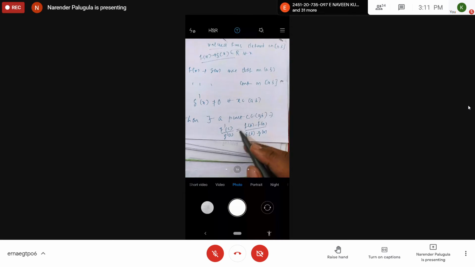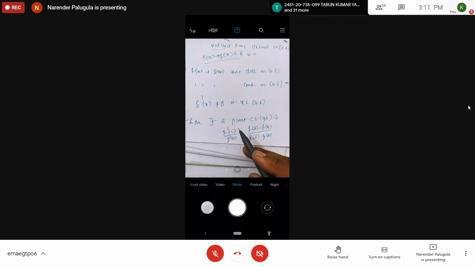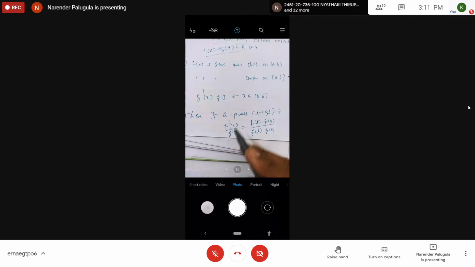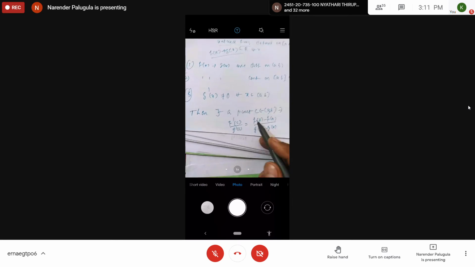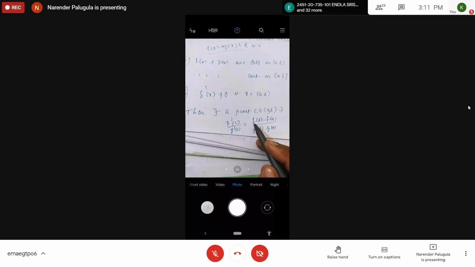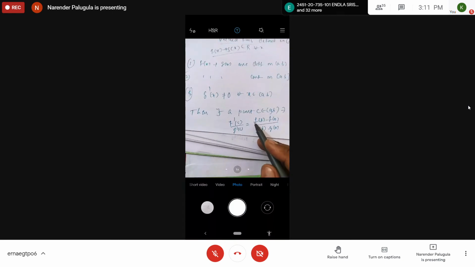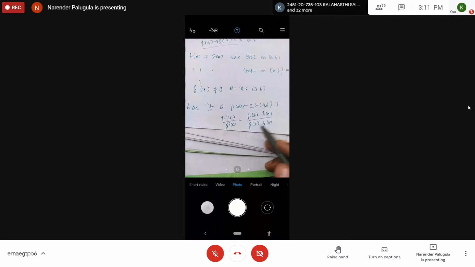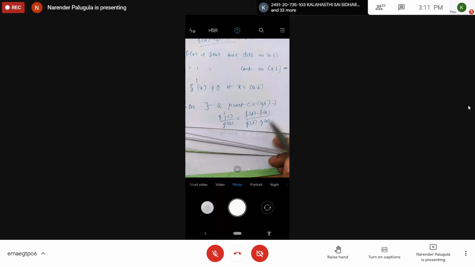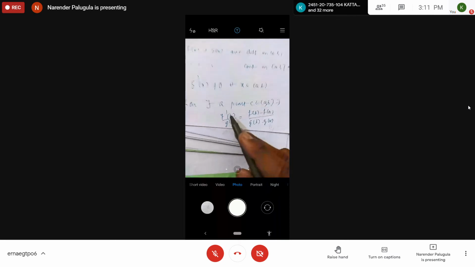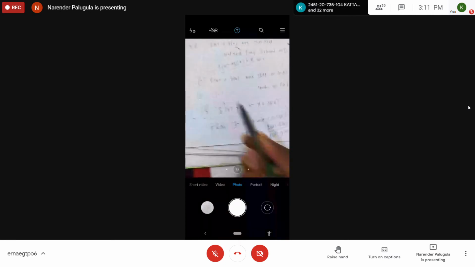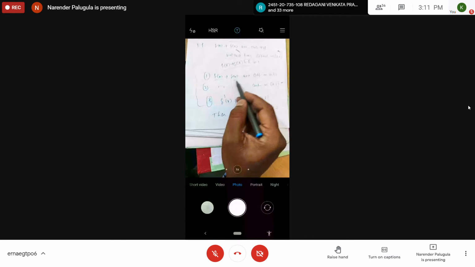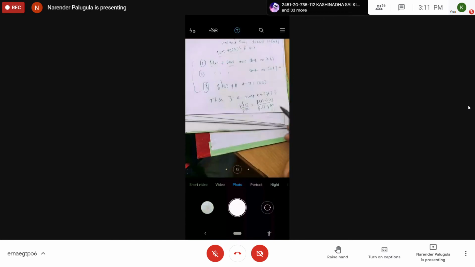Rolle's theorem conclusion: f dash is 0. Lagrange's mean value theorem conclusion: f dash is equal to f of B minus f of A by B minus A. But this is the conclusion of Cauchy's theorem. Simple, this is the combination of Lagrange's mean value theorem for both the functions. F dash C is f of B minus f of A by B minus A, g dash C is g of B minus g of A by B minus A. B minus A cancels out, remaining just the difference. F dash C by g dash C is equal to the same. So we can apply Lagrange's mean value theorem for different functions individually, for both f dash C and g dash C. Just take the ratio, you get this result.